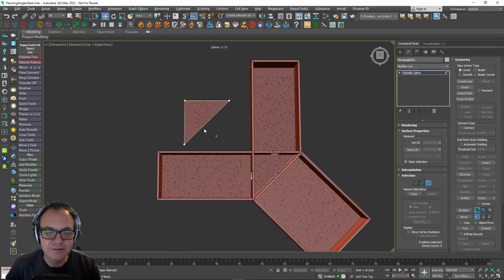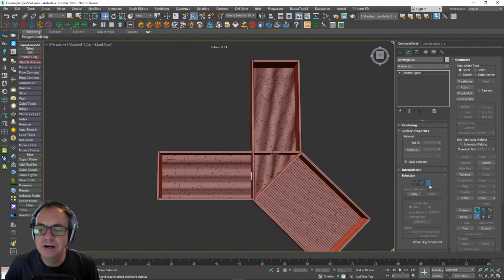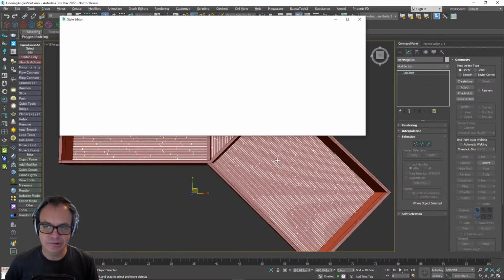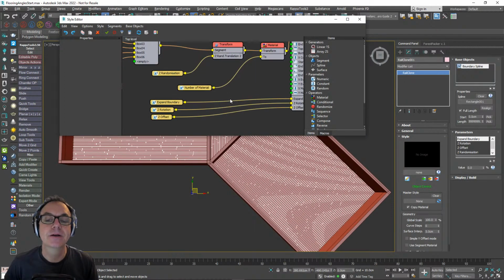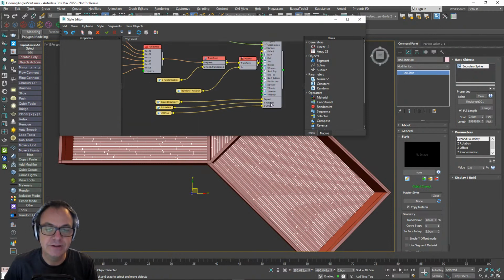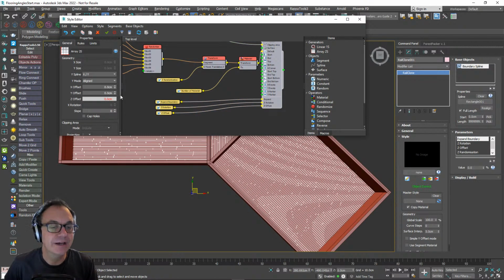Let me just delete this one. I'll just show you how to set this up first of all. So before I actually add the markers, I'm going to come and just change my RailClone graph a little bit. So you can see I've already got an exported Z rotation property. Now that lets me rotate the array.